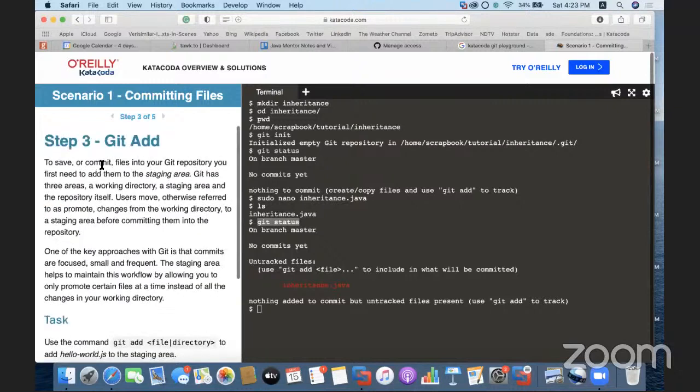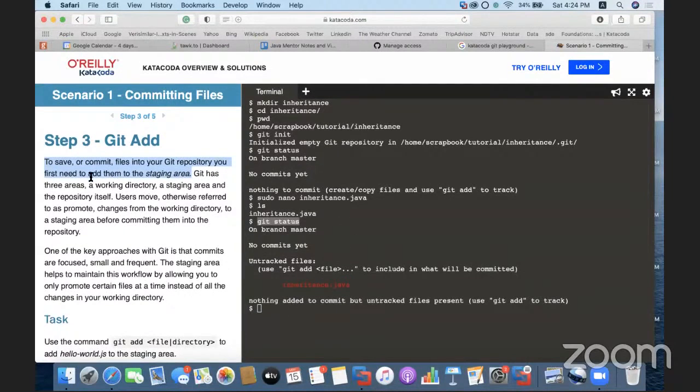थर्ड स्टेज पे आ जाते हैं। Now it shows git add. Now it means to save and commit files into your Git repository, you first need to add them to the staging area, okay? So currently we are in the staging area. Git has 3 areas: a working directory, a staging area, and the repository itself. So users move, otherwise referred to as promote, changes from the working directory to a staging area before committing them